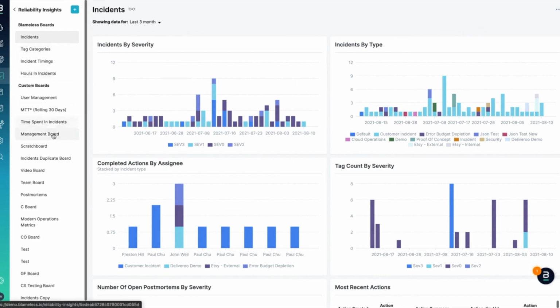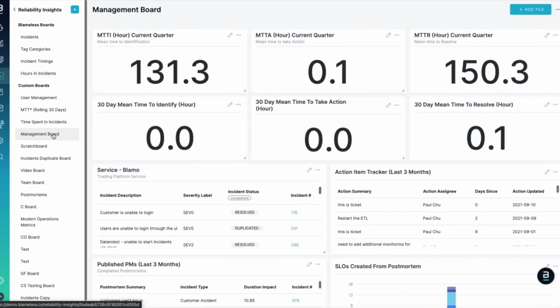But as you start understanding the requirements in terms of how we should track and measure the incidents that are coming through, or how timely we are in performing these postmortems or RCAs, this is a great way to start visualizing this data and review it on a weekly, bi-monthly, or monthly basis. So from here, as an example, what I have here is a board showing me some